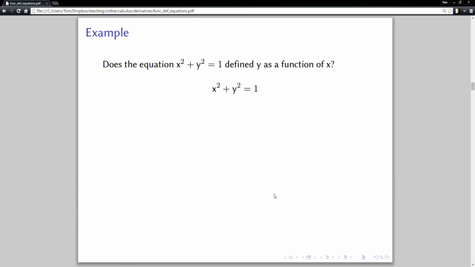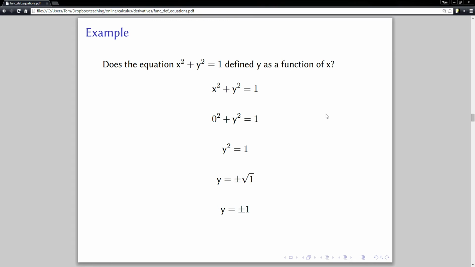Now if I wanted to answer the question, does the equation x squared plus y squared equals 1 define y as a function of x? There, I have a slight typo. In order to figure that out, I'm just going to try plugging in a value for x. If I plug in a value for x of 0, let's say, because that's an easy number to plug in, I get y squared equals 1. And that equation has two solutions: y equals plus or minus the square root of 1, which simplifies to y equals plus or minus